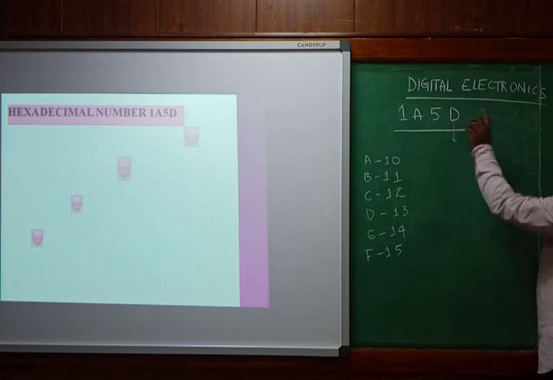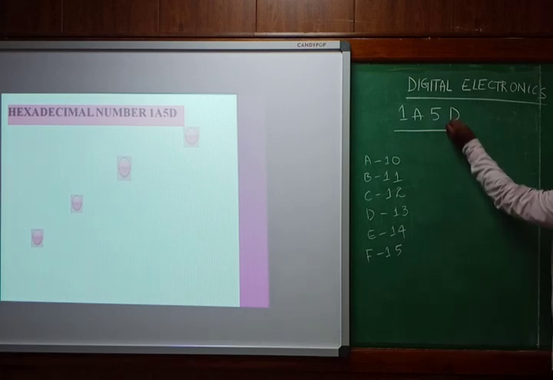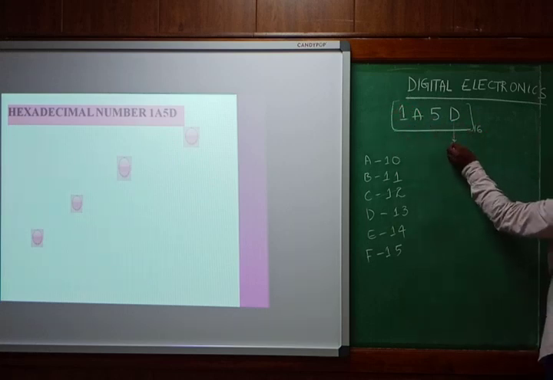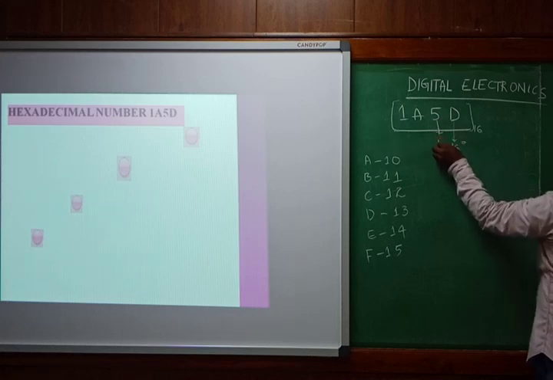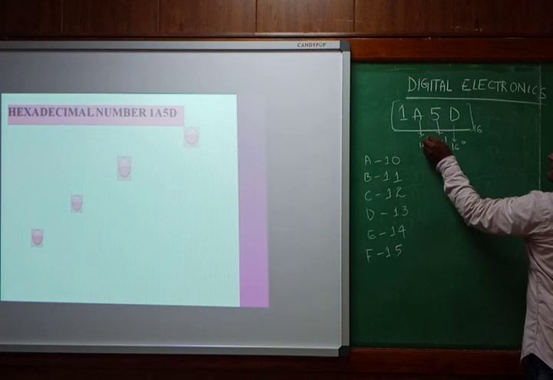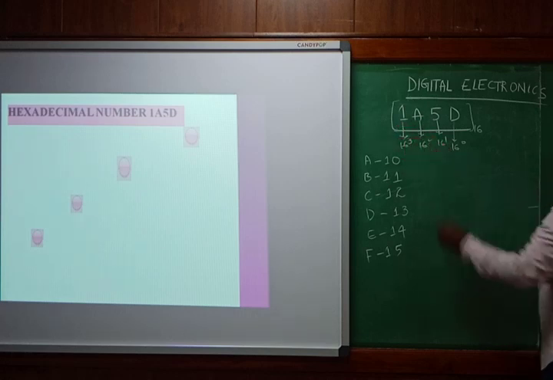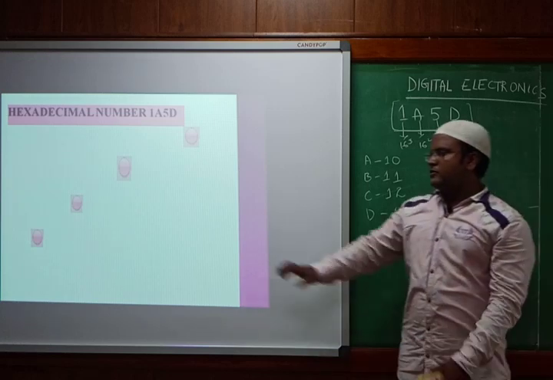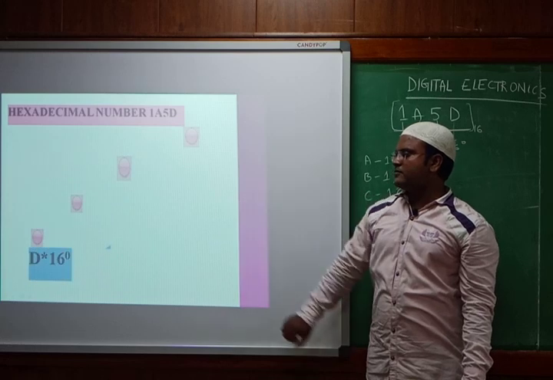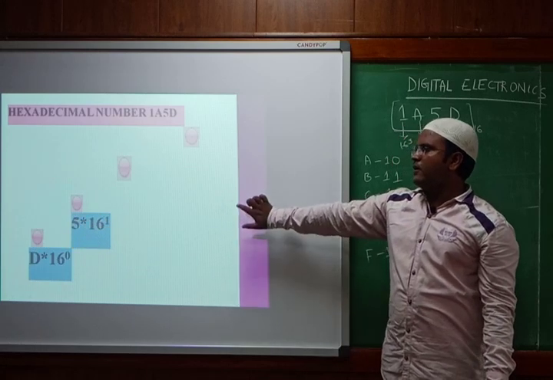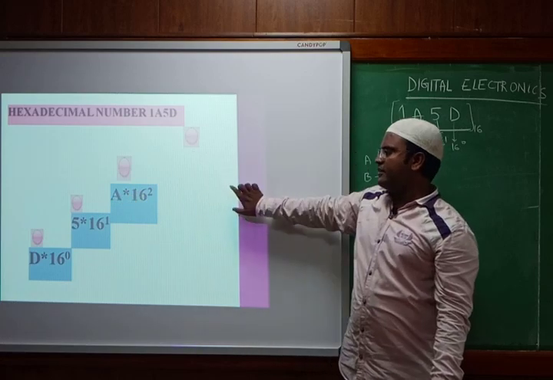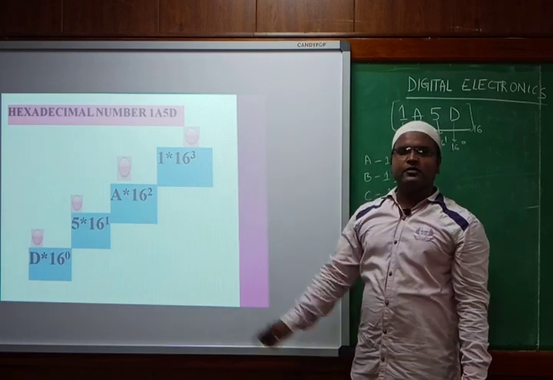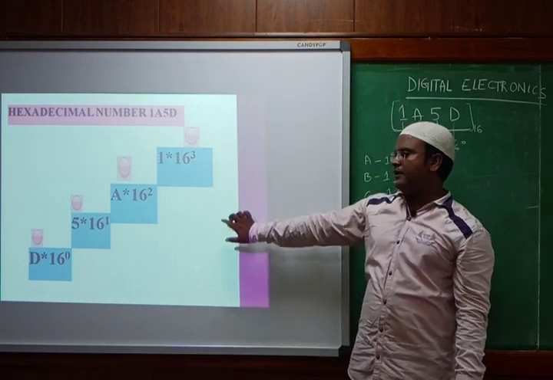The first thing is that I do have D. So what should I mention in that? D into, since it is in hexadecimal, base 16. So how do I mention that one? D into 16 power 0, 5 into 16 power 1, A into 16 power 2, 1 into 16 power 3. So that's how we mention the place value for a hexadecimal number. So this way we'll write its hexadecimal digits. I can get the first one with LSB, the next I do have A, the next I should get the 1. So that's how we get D5A1. So this is the way we can represent a hexadecimal number.